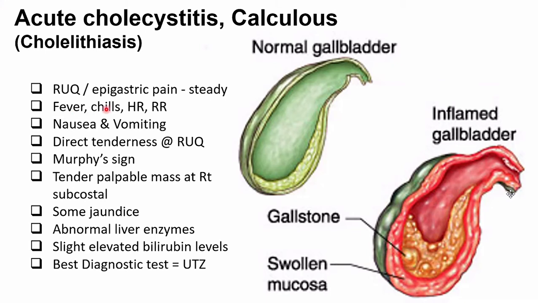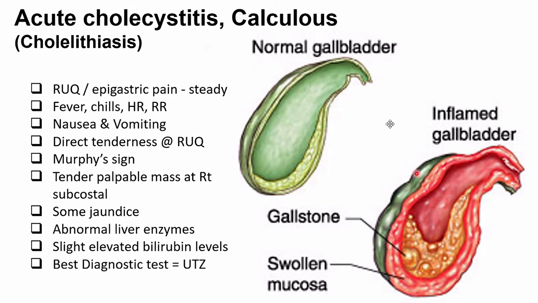If you have fever and chills, what happens? You have tachycardia, increased heart rate. And because of the discomfort of the right upper quadrant, somehow your respiration will also be affected. Dahil the up and down of your liver will also move your gallbladder. So there's some pain. So your respiration will be abnormal. Since this is part of the GIT, you will have nausea and vomiting because of the